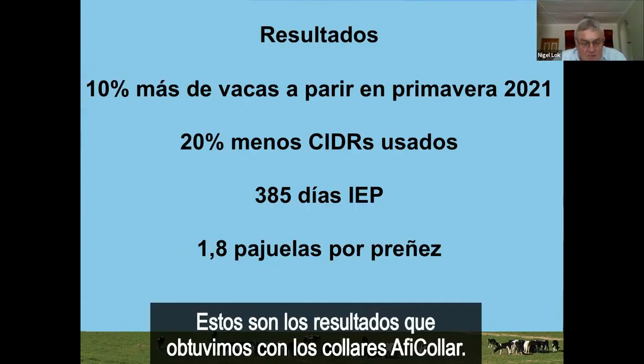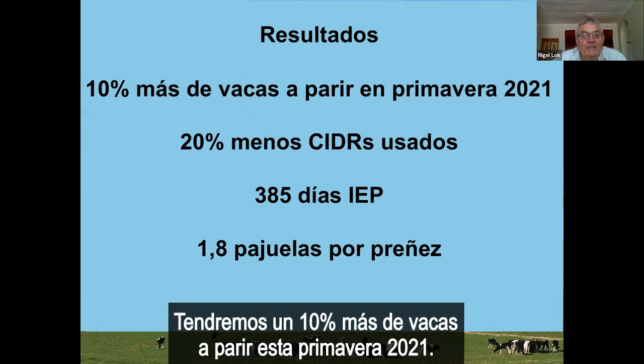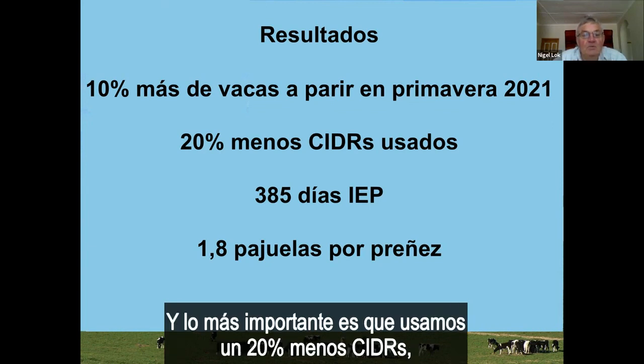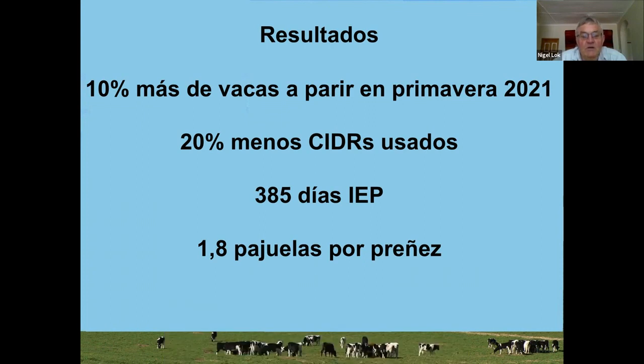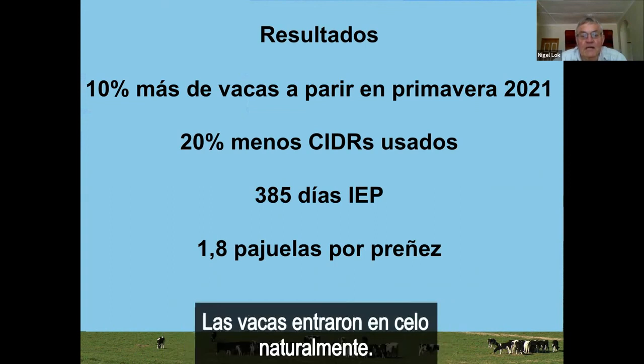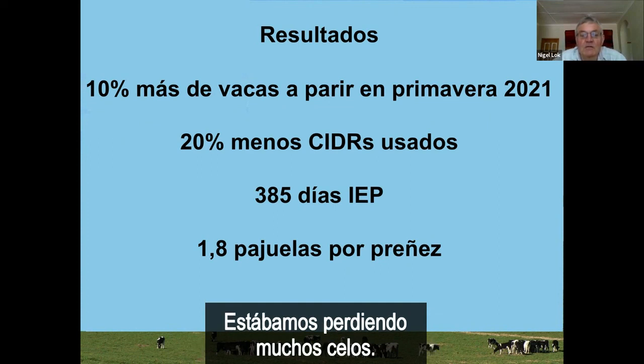So the results on the FE collars that we've had, we're getting 10% more cows to calve this spring in 2021. 10%. So instead of calving down 550 cows, we're going to calve down 600 cows. And the most important thing, in my mind, is we use 20% less seeders, or we had to intervene 20% less of the time. So the cows came up naturally on heat. We were missing a lot of heats,